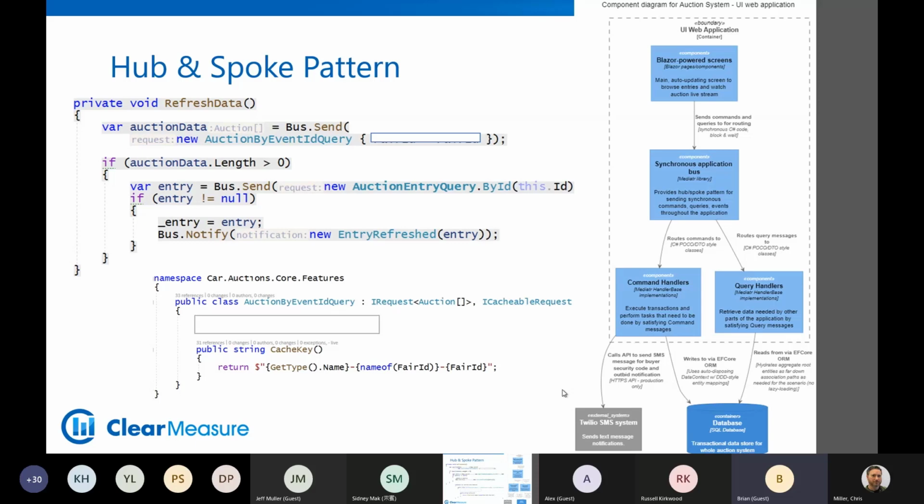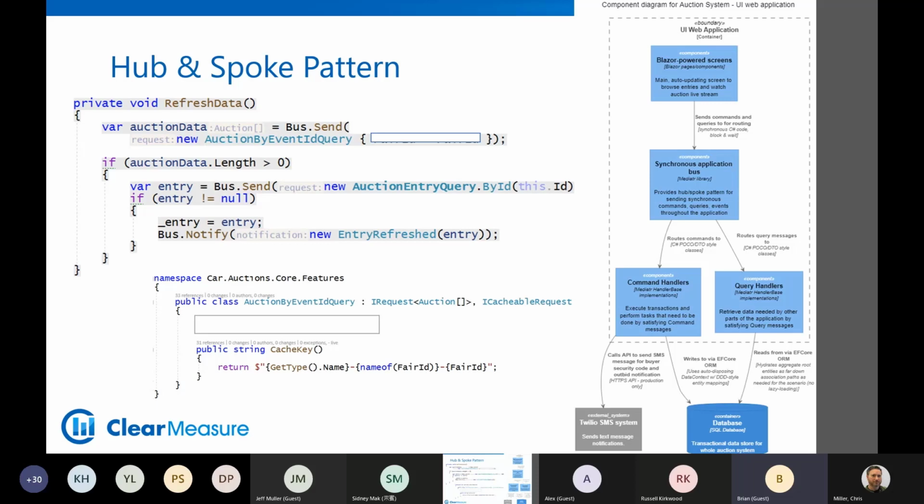All right, so this hub and spoke pattern, here's an example of just implementing a bus, where there are many, many classes that subscribe to whatever gets sent down the bus, which is the hub. We can create an auction entry query object. We pass it down the bus and it gets routed somehow, and we get back the entry.